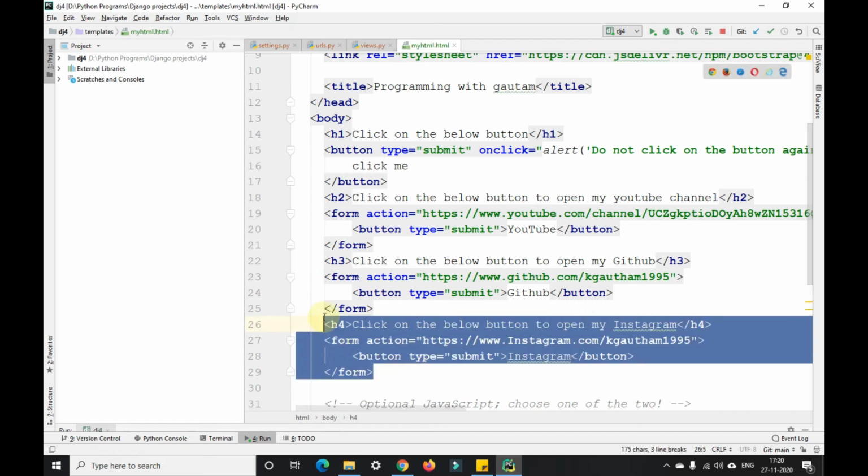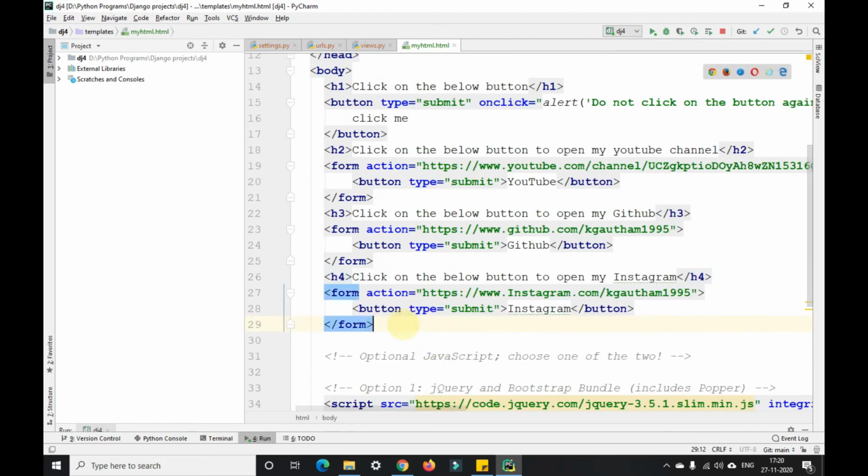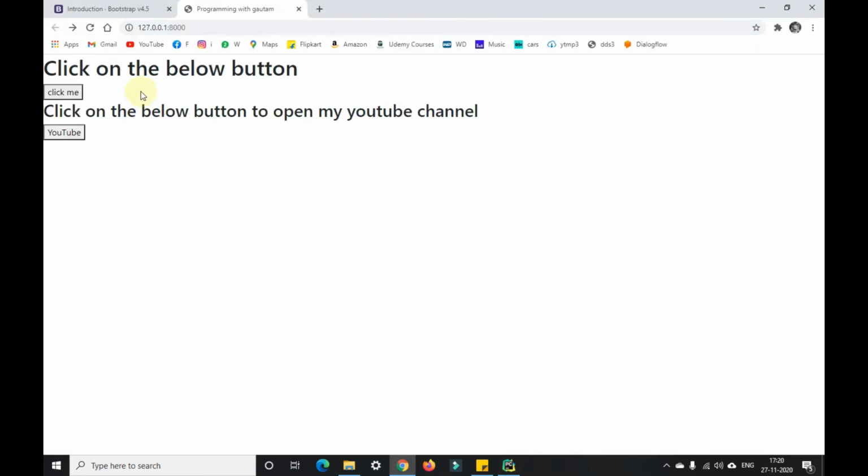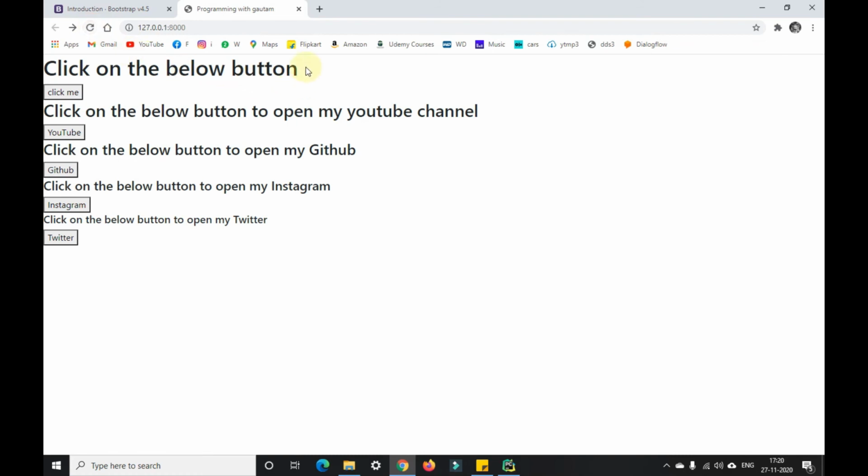Now similarly, I'll give H5 there with the Twitter. I just need to change Twitter here. Sorry guys, typo. Okay. Now when I go back to this page and refresh it, as you can see, this is the H1 tag.